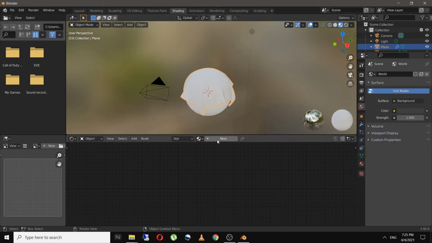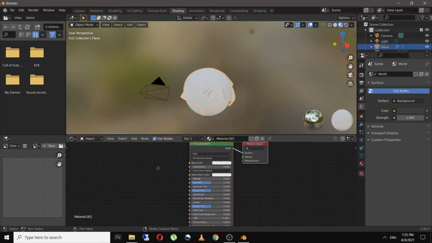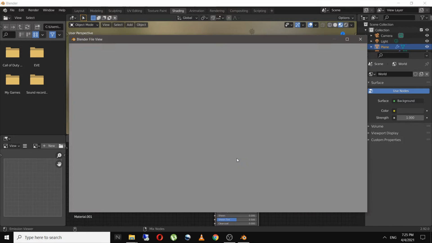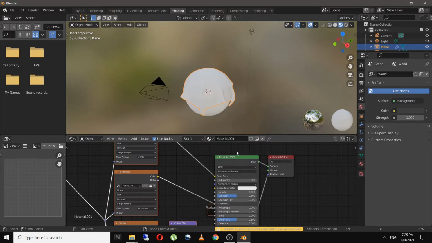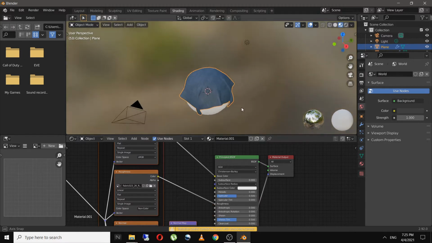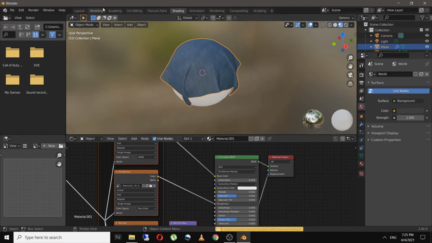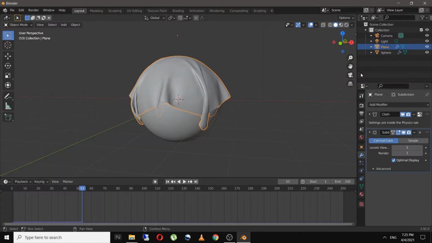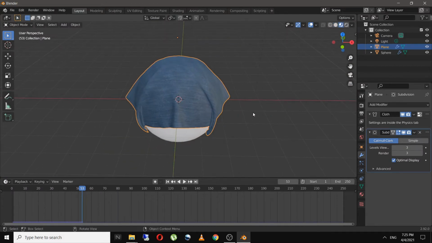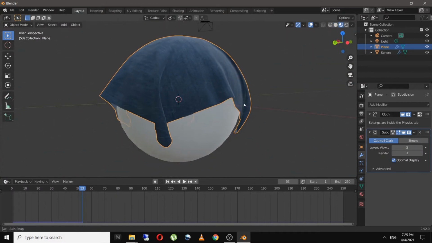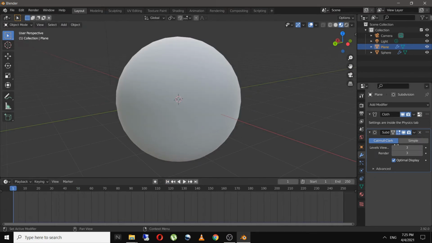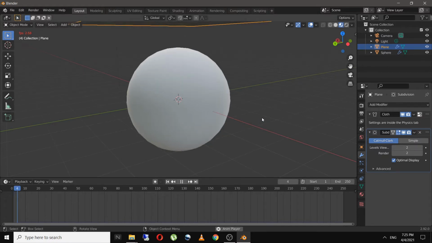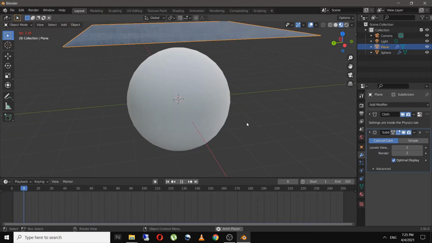and let's add in a fabric cloth. So for that, Control Shift T and select the fabric. So as you can see, it's completely looking like a cloth now. So this is the basic property of a cloth in Blender. I will decrease this to 2 and let's play our animation again.